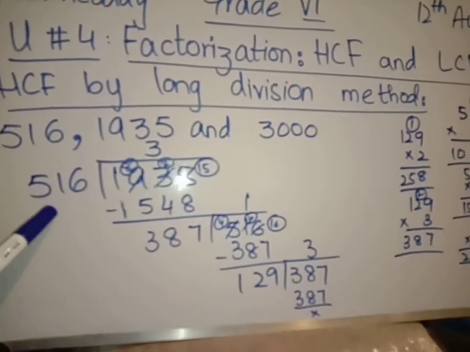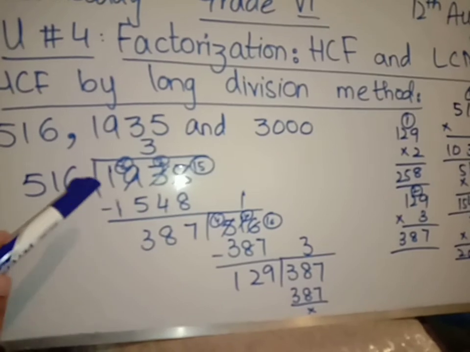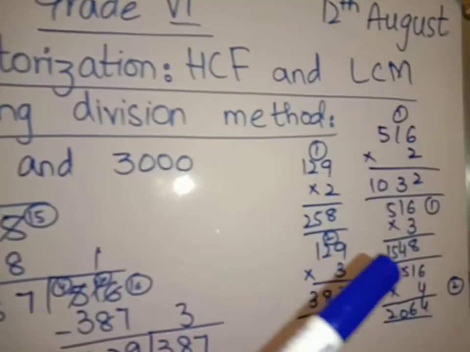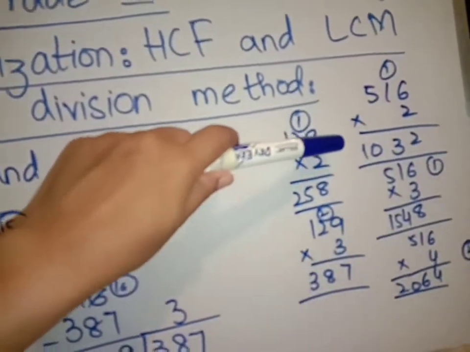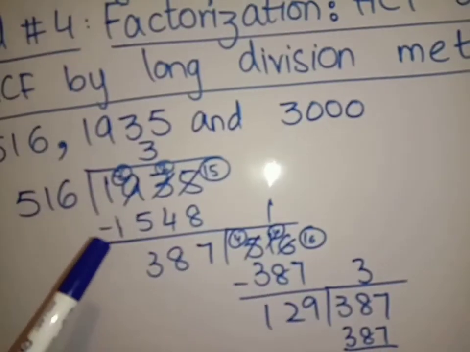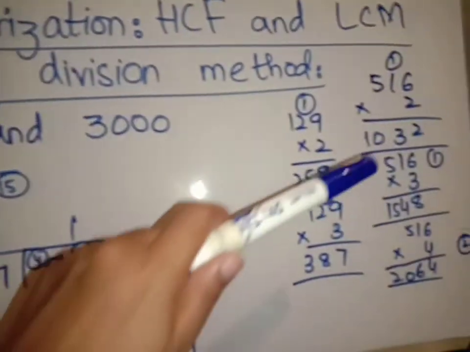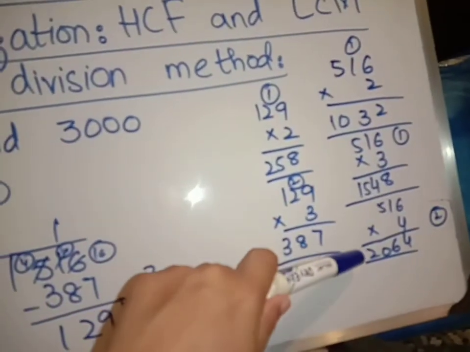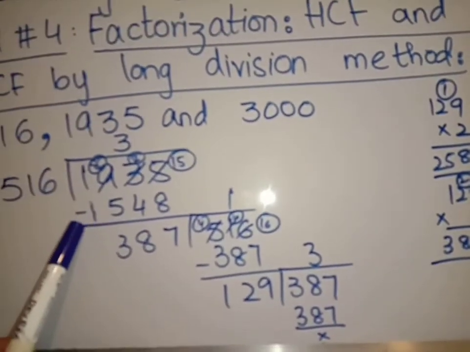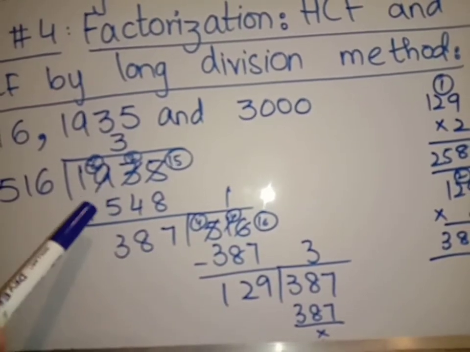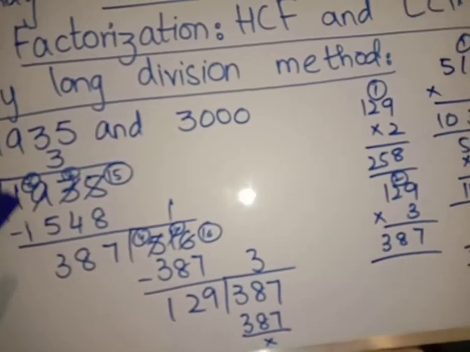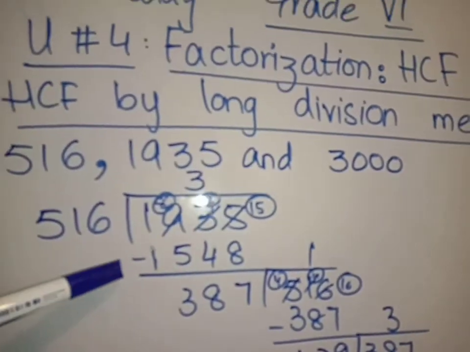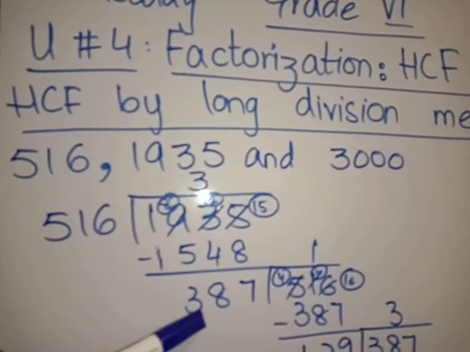You have to multiply 516 and the answer must be 1935 or less than 1935. I have found out 516 times 2 is equal to 1032, which is less than 1935. 516 times 3 is 1548 and 516 times 4 is 2064. 2064 is not suitable here because 1935 is less than 2064. So I used 516 multiplied by 3 is equal to 1548. By subtracting both the terms we get 387.